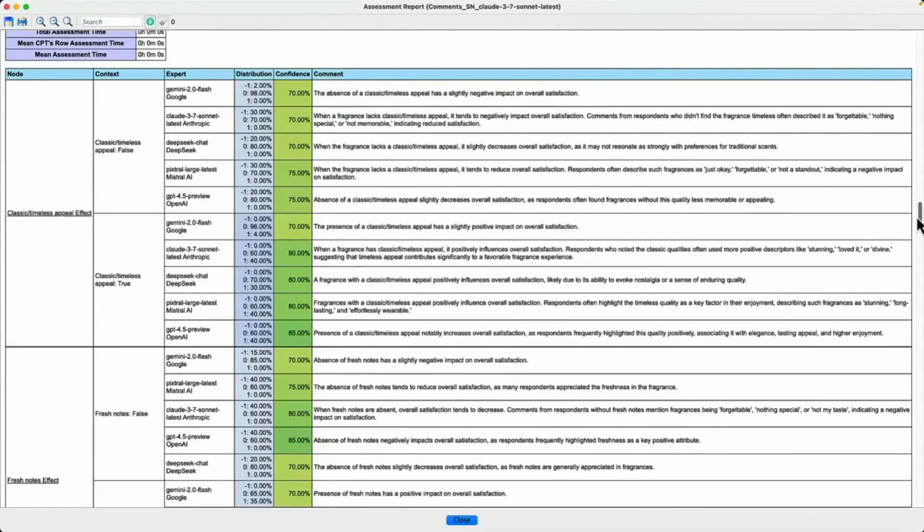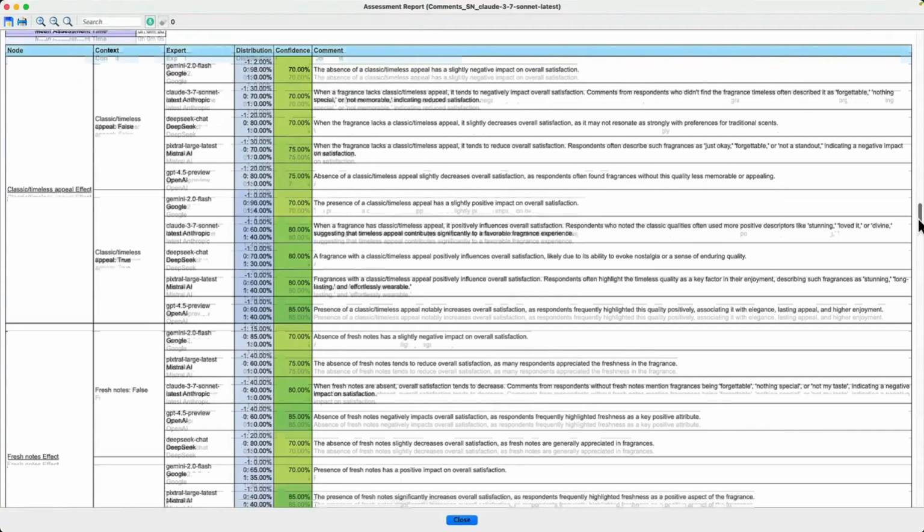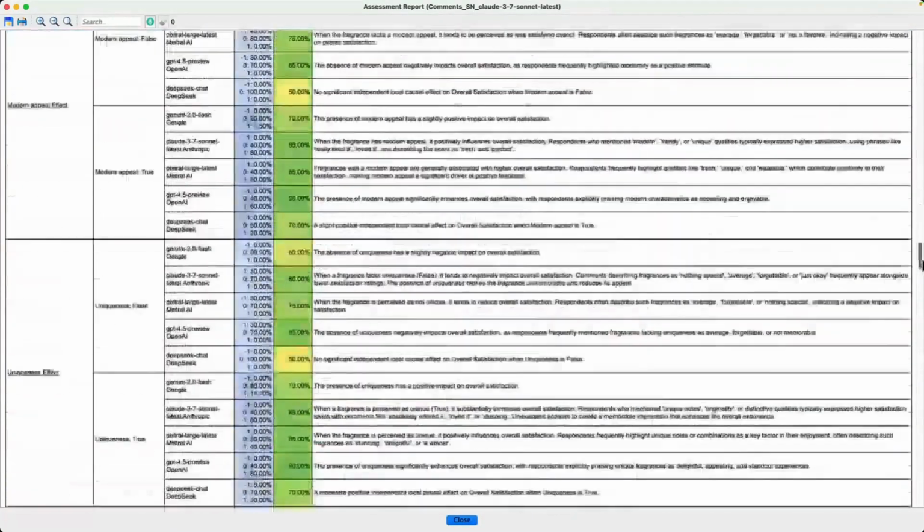OpenAI, right? And when it's positive, it has almost no effect for Google, 40% effect for Anthropic, 30 for DeepSeek, 40 for Mistral, and 40 for OpenAI. So based on that, we are building a consensus. And then we have estimated the effect